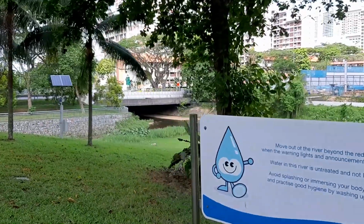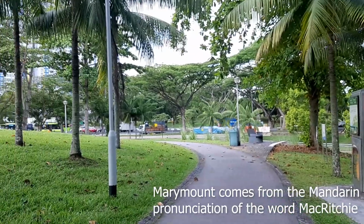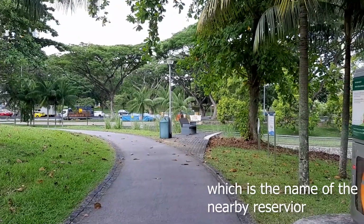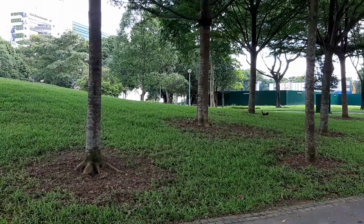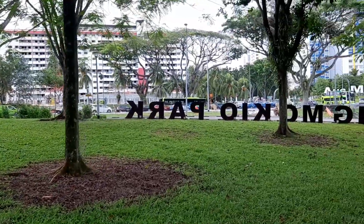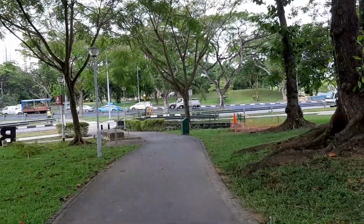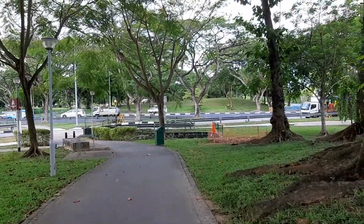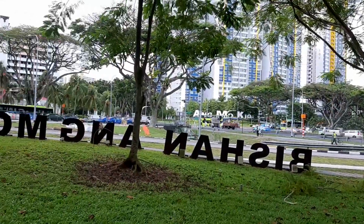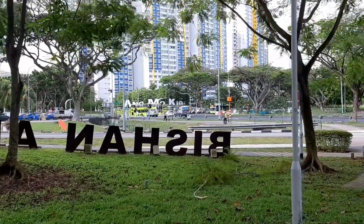The river actually passed under a bridge, and the road that's on top of that bridge is actually called the Marymount Road. And the Bishan Park is actually cut into by this road here, which is called the Marymount Road. And unfortunately, after we cross the road, this will end our adventure, or at least this part of our adventure here at Bishan Park. So we're going to cross the road,